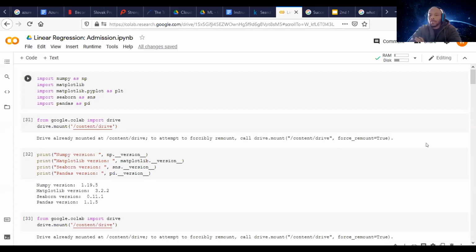If you just want to hand type it and follow along, we'll give you the code. Okay, let me share screen now. All right, here we are.